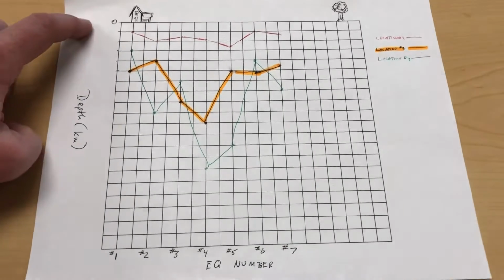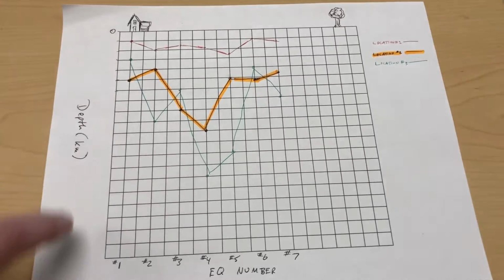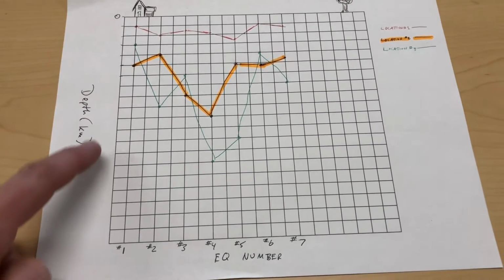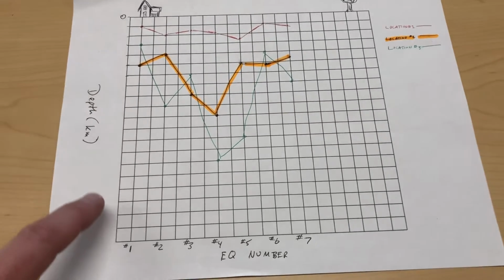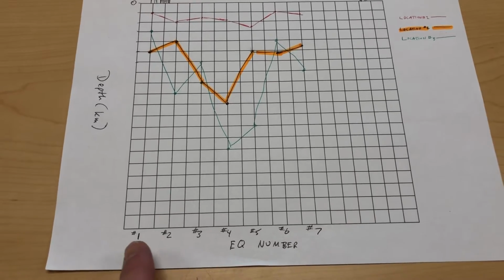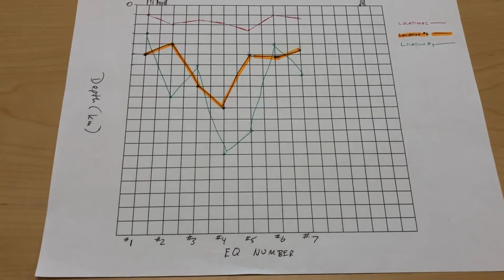We're going to put a depth of 0 at the top because it's a surface, and then we're going to go down deeper. So make sure you have a label over here. You figure out what units to use, and you're going to put numbers in right over here showing me how deep it is. Make sure it goes deep enough. On the bottom, you're going to have earthquake number 1 through 7. So if I look at my data table,